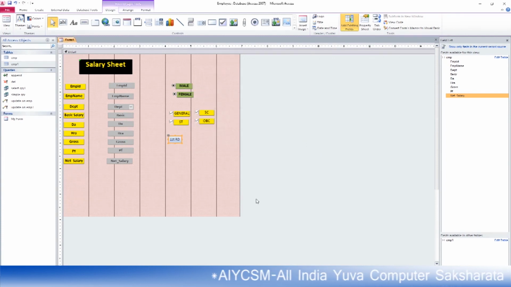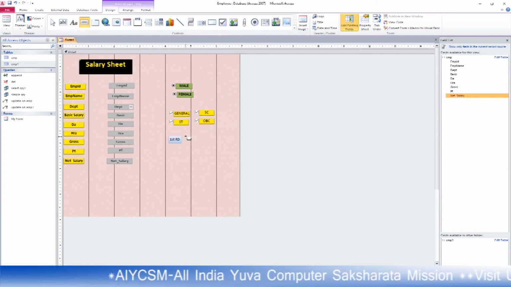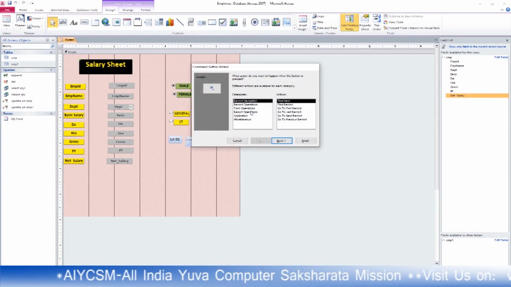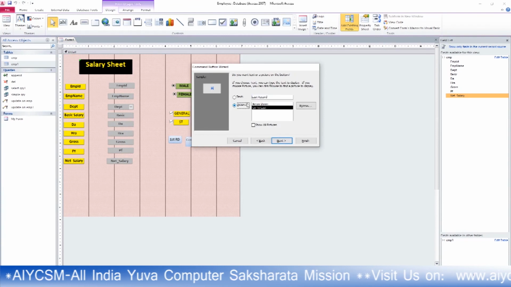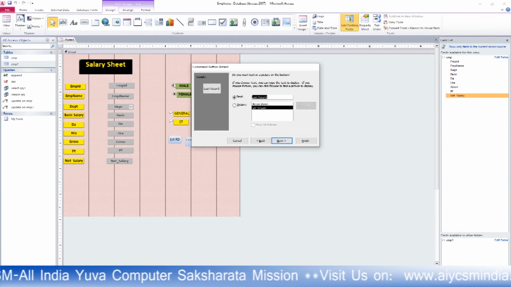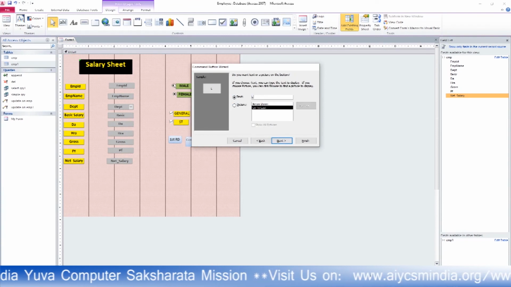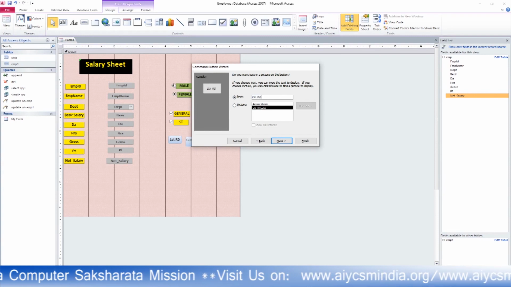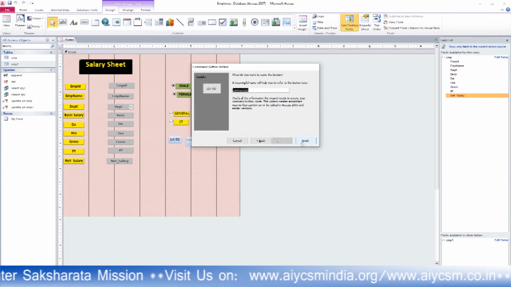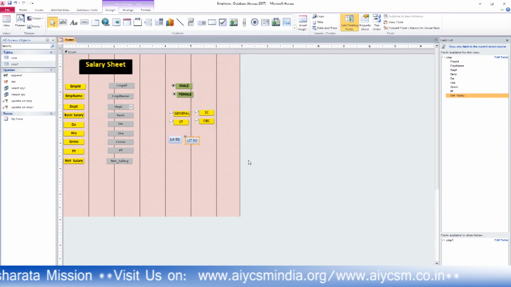And click it as bold. This is another record, LST RT, that means last record. Finish it. Click on bold, adjust this little bit.